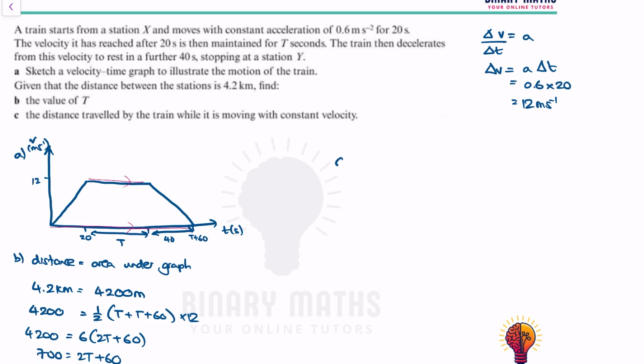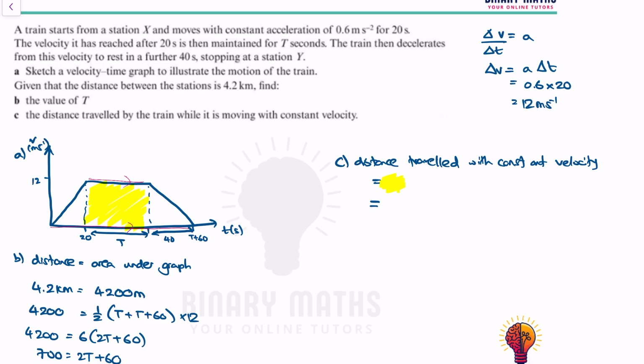C. The distance traveled by the train while it is moving with constant velocity. So the constant velocity is only this part of the graph. So we're trying to find the area of this part of the graph. So distance traveled with constant velocity is equal to just the shaded area,